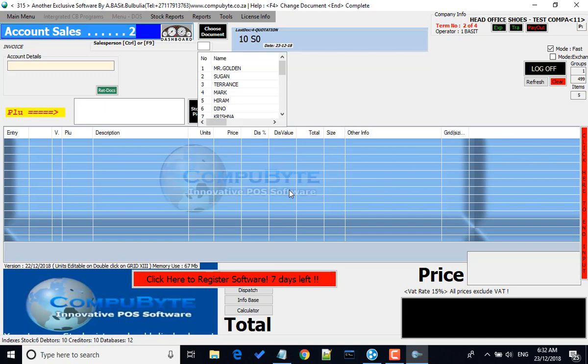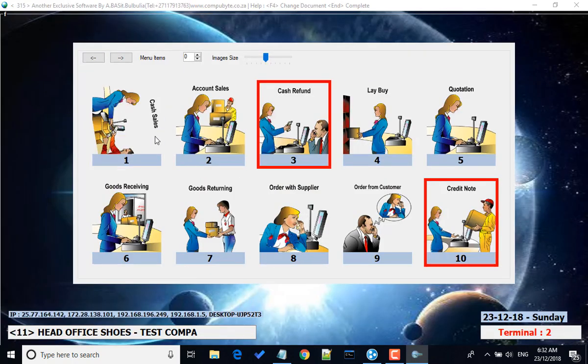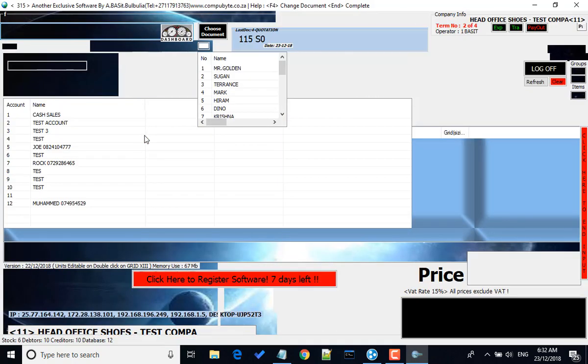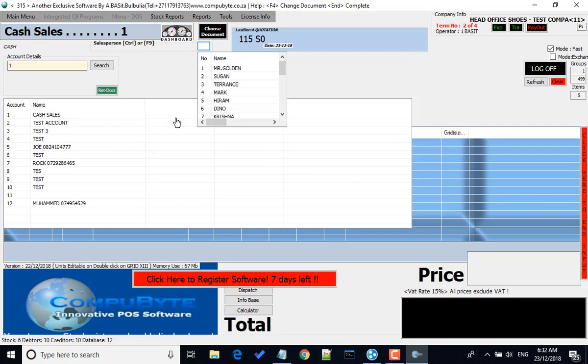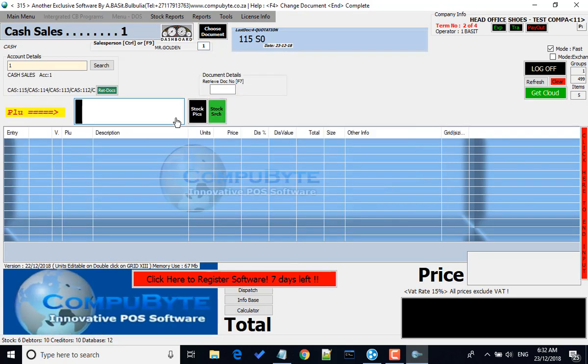We will now go to cash sales by pressing the F4 menu, choosing cash sales, choosing the salesperson, inserting the PLU code,